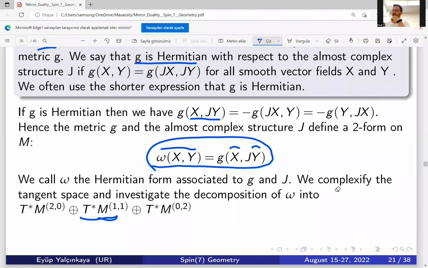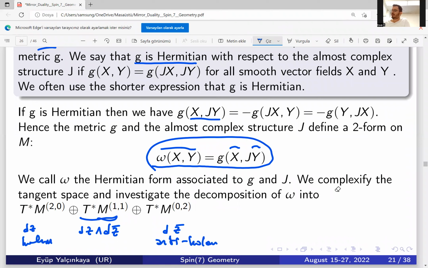Here it is only related with dz, this one related to dz bar, and this one dz bar. Okay, so the important case for real manifolds, the tangent bundle is very standard, but if you pass to the complex structure, now everything is related with the holomorphic parts, this is the holomorphic part, and this is the anti-holomorphic